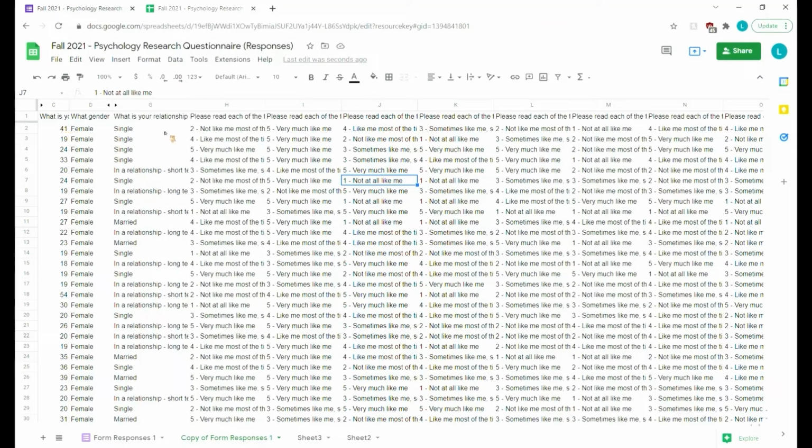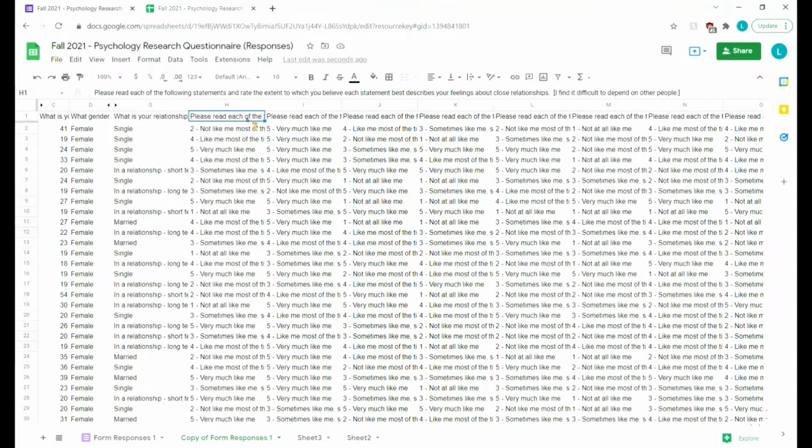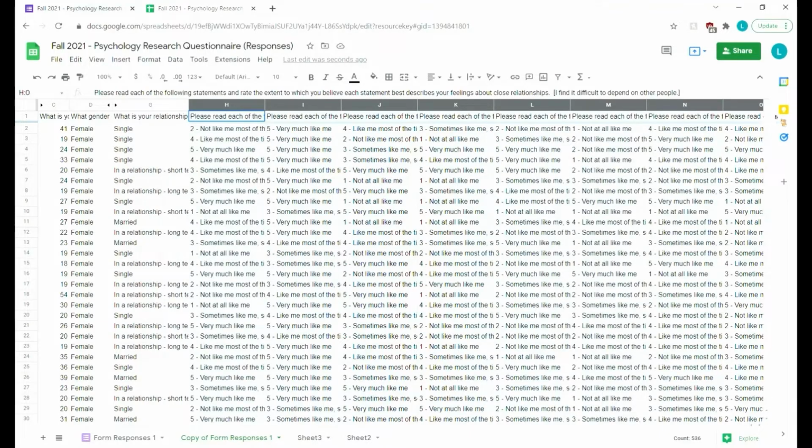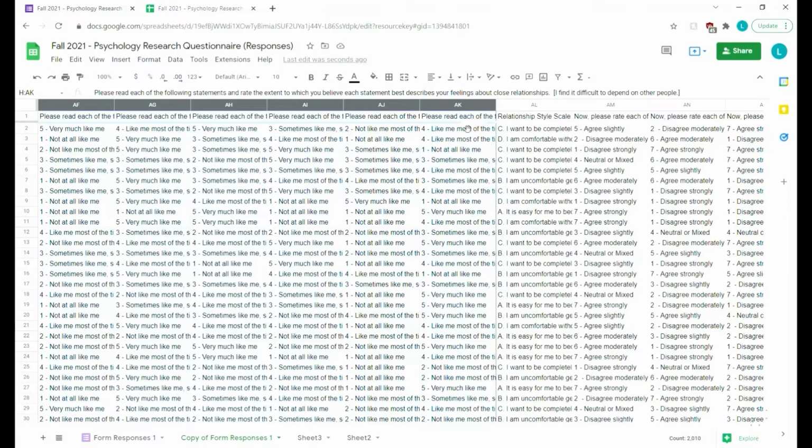So age, gender, and relationship status. And in my form I have three questionnaires, but I actually won't be looking at one of them. So make sure you know all of the ones that fit under your questions. Mine's easy because it has the instructions, and once the instructions change, I know that's when my new construct questions